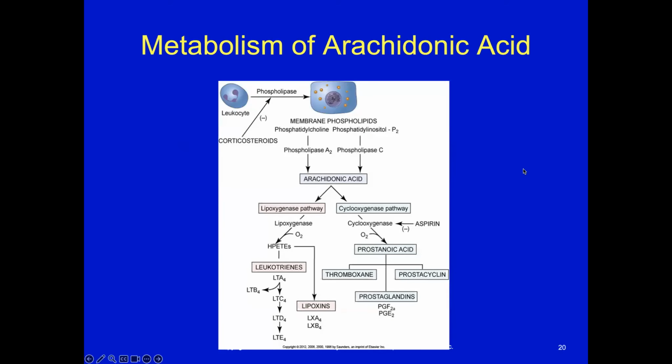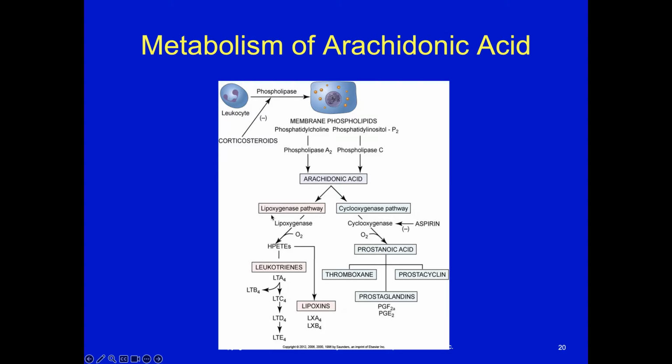So here is a basic chart, again from your book. It shows this process occurring. You have your white blood cell. In this case, it looks like a neutrophil, has the membrane that is going to be broken down now by the phospholipase enzymes. You get your released arachidonic acid. Then you have the two pathways of metabolism. One is called the lipoxygenase pathway. The other is called the cyclooxygenase pathway, also known as COX.